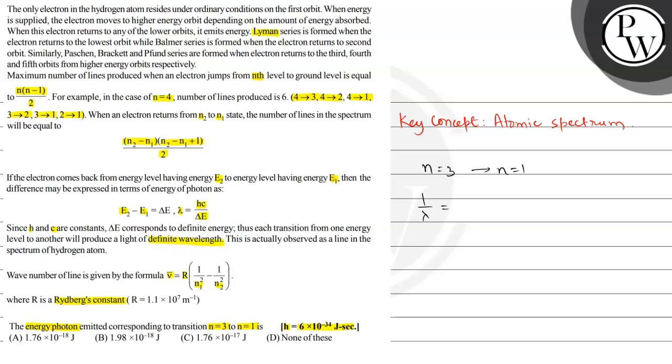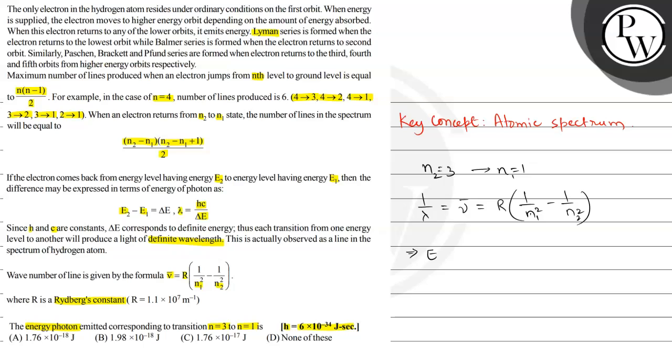So 1 by lambda is equal to nu bar, which is equal to R multiplied by (1 by n1 square minus 1 by n2 square). So here n1 is 1 and n2 is 3. The electron is going from n2 to n1, and the energy will be